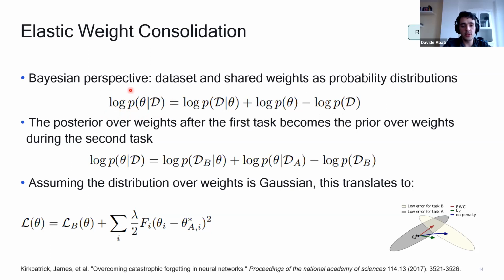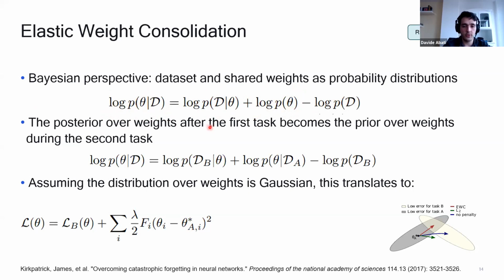You want to compute during training the posterior distribution over the weights given the data set. And if you apply the Bayes rule, this resolves into having a likelihood term, which is what you usually, if you're not a Bayesian person, optimize when training a neural network, plus a prior term over the weights that is a regularization term. So you don't want your weight distribution to drift much from the prior belief that you have. And there's also an additional term that doesn't depend on the weight, so it's usually discarded.